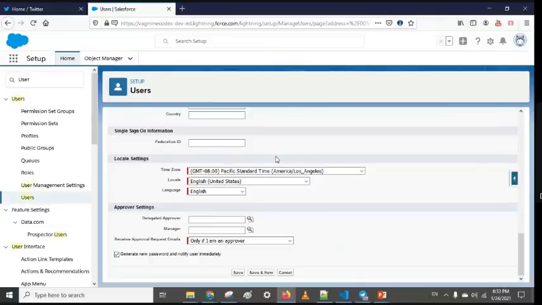Maybe today he's working in India time, and tomorrow he thinks, I want to go home early, so I want to switch to my US time zone. He can change to the US time zone as well. This kind of flexibility we should give to the user, so that he can change his time zone based on the requirements and the importance of his work.